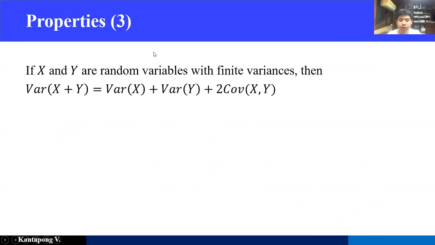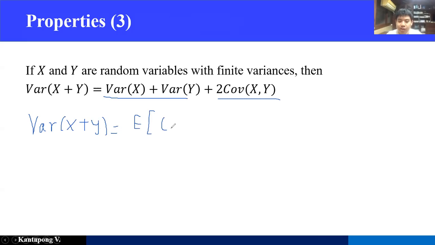The third property. Previously, we said that we can sum the variances only if x and y are uncorrelated, right? We can sum the variance because in the previous lesson, we talked only about this, since we had not defined covariance yet. But now we have defined the covariance, so we get this term. How do we get this one? Let's say we want to find the variance of x plus y. It is equal to what? It is equal to E of